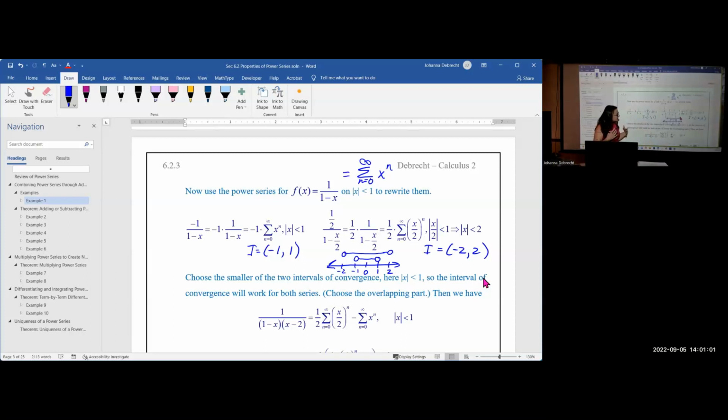So what they have in common is between -1 and 1. So the interval of convergence for the combined power series will have to be that overlap, -1 to 1. That will make it work for both series. So we've taken this rational expression, we split it up using partial fractions, and then we converted each one into